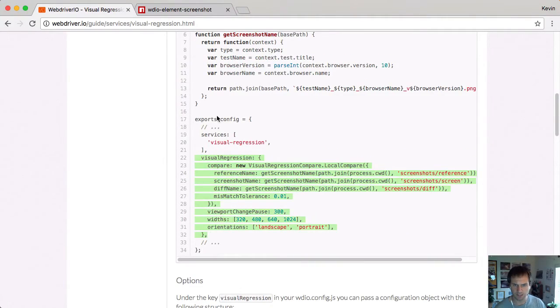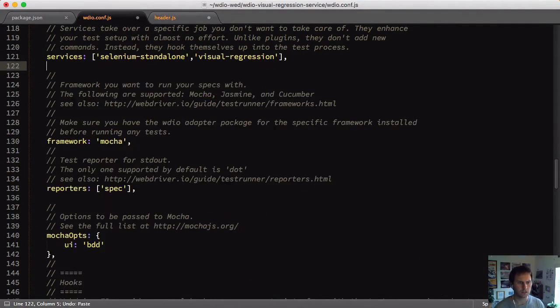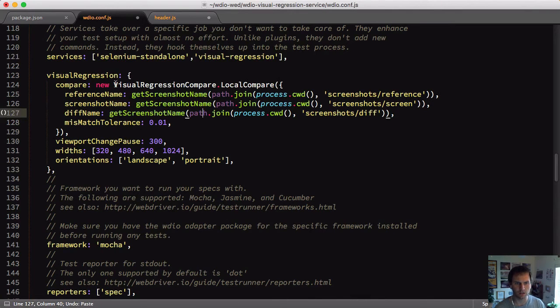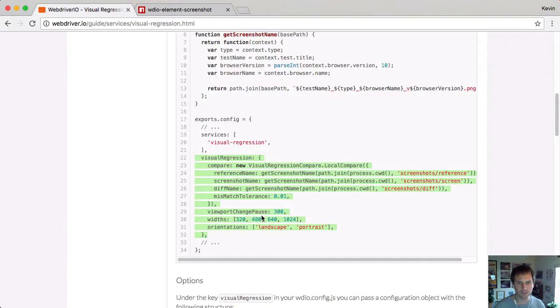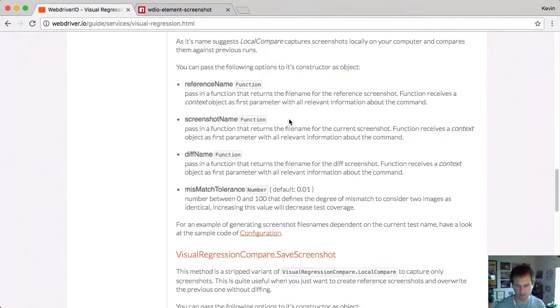And then in here, I guess this is just a totally new section that they added. Let's paste that in. So here it's going to run what type of comparison we want, the paths to the files, what to save the diff file as, and then our mismatch tolerance. I'm not going to take a picture of that many screenshots because that takes a while, and I'll only take landscape as my orientation, and then I don't want to wait as long for my viewport change. Okay, that's a lot of setup stuff behind the scenes. There's some options here that we can talk about, but